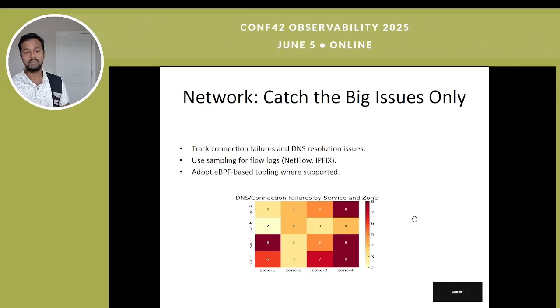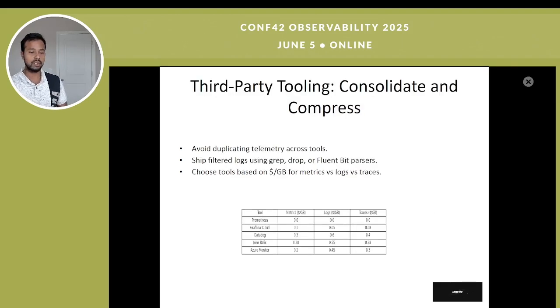The last one, which I want to touch upon, is not one of these, but is based on the third-party tooling that you use. Wherever you have your data, ensure that you're not duplicating the telemetry across different tools. And wherever possible, filter at the source, which is to ship filtered logs, whether you're using grep, drop, or Fluentd parsers. When you're making an analysis, you make it based on the dollar cost per GB